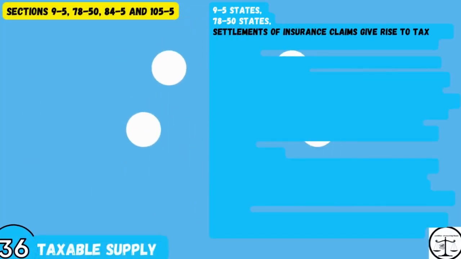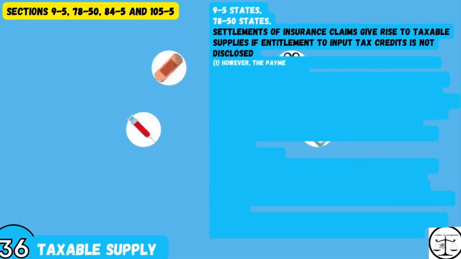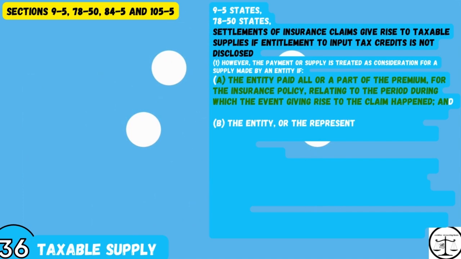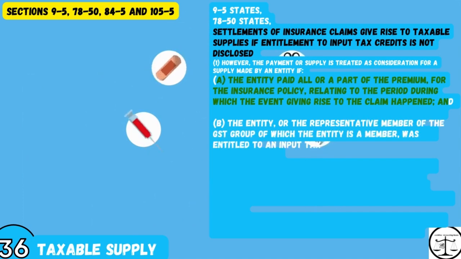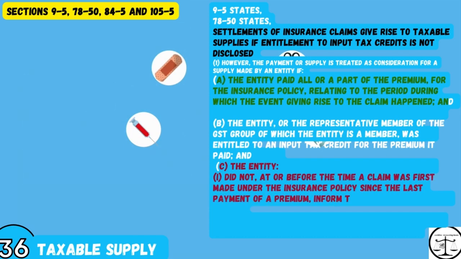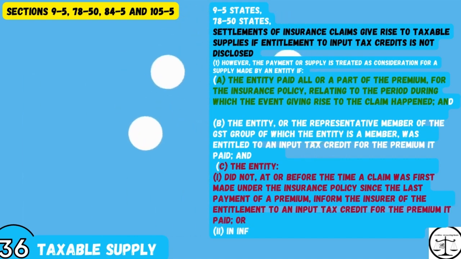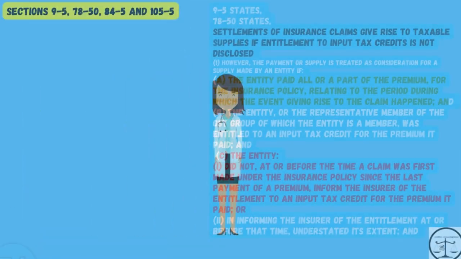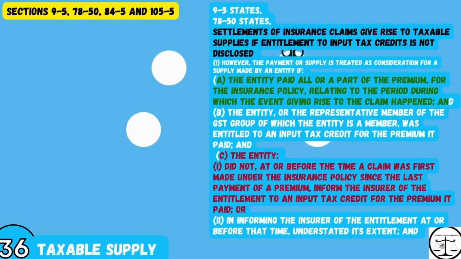78-50 states. Settlements of insurance claims give rise to taxable supplies if entitlement to input tax credits is not disclosed. 1. However, the payment or supply is treated as consideration for a supply made by an entity if A. The entity paid all or a part of the premium for the insurance policy relating to the period during which the event giving rise to the claim happened, and B. The entity or the representative member of the GST group of which the entity is a member was entitled to an input tax credit for the premium it paid, and C. The entity